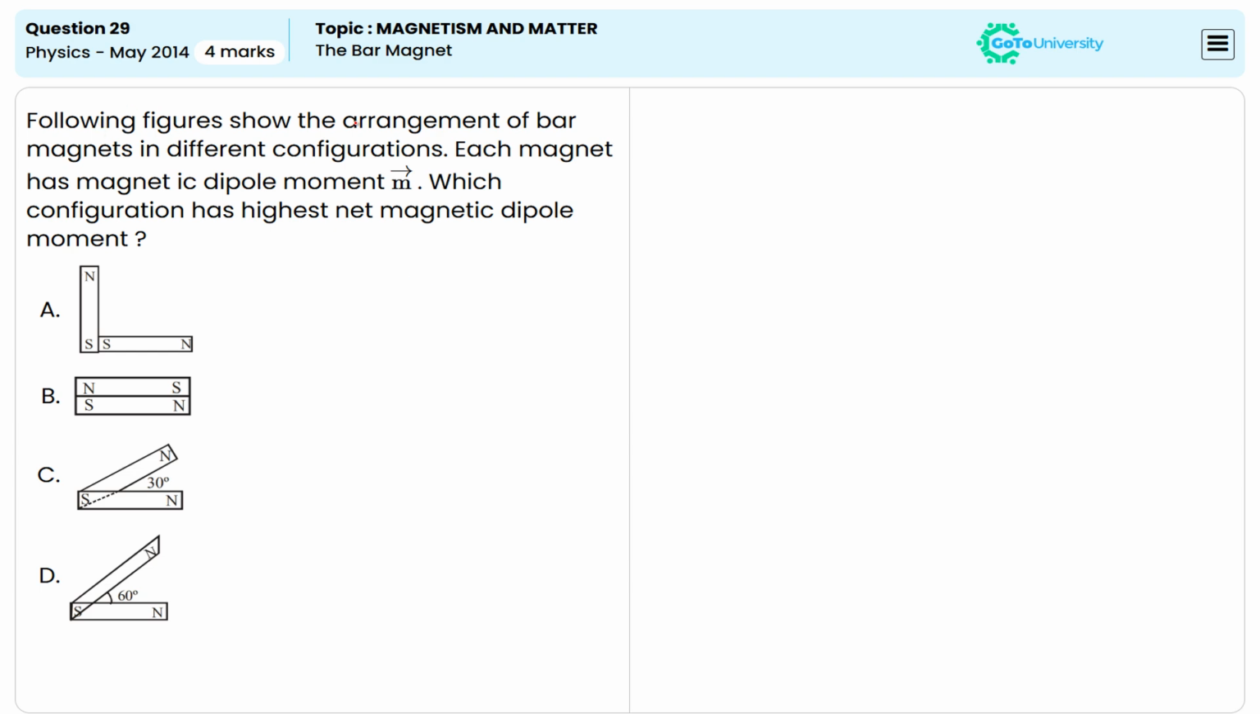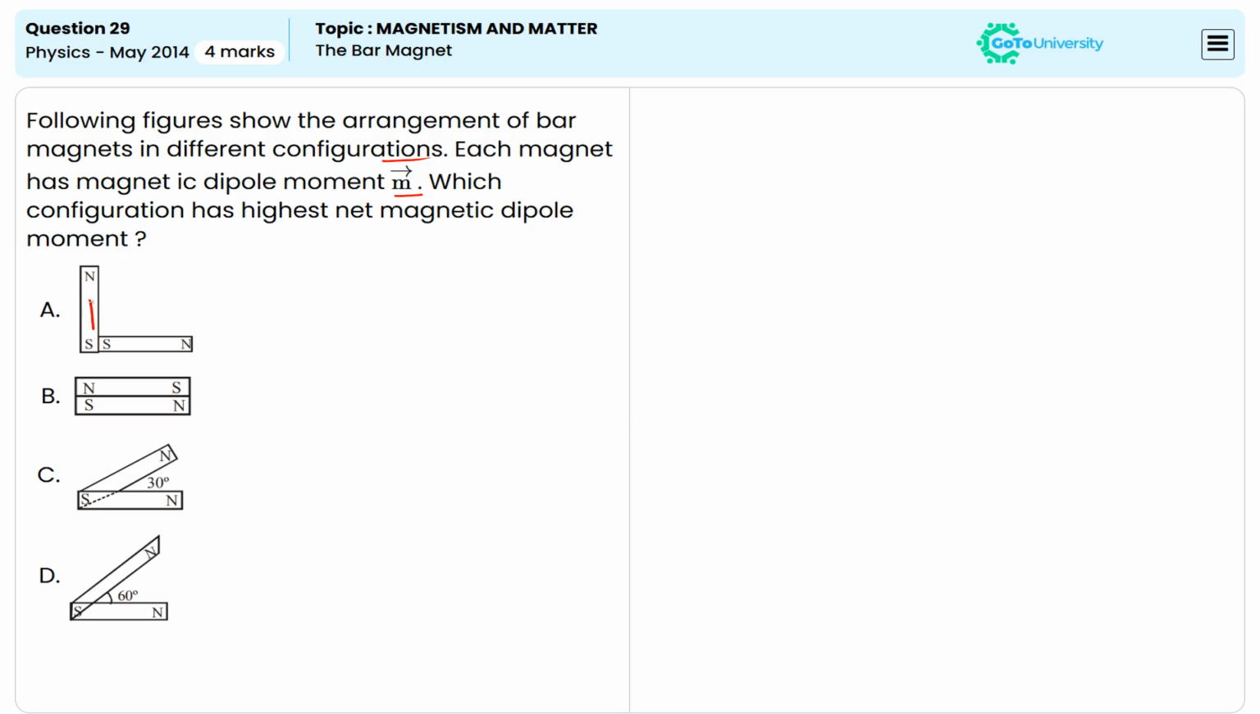The following figure shows the arrangement of bar magnets in different configurations. Each magnet has a magnetic dipole vector m. We need to find which configuration has the highest net magnetic dipole moment. If I observe the first option,